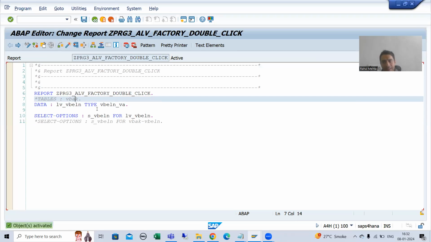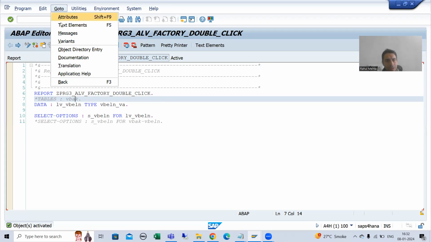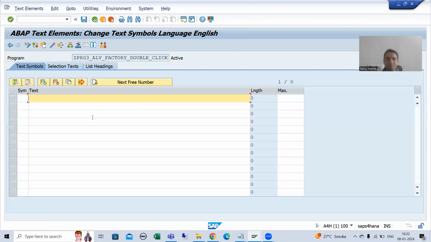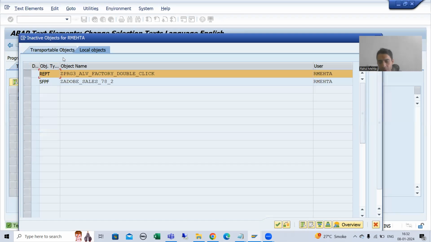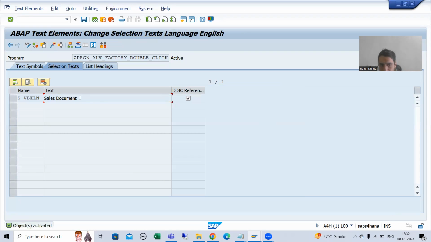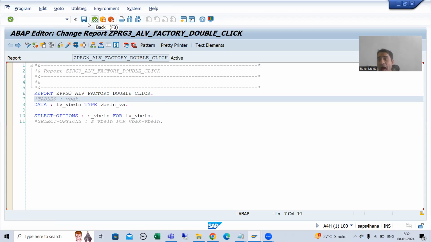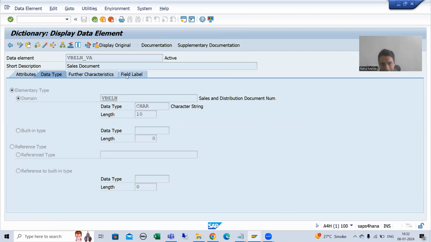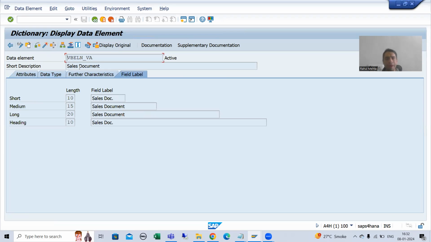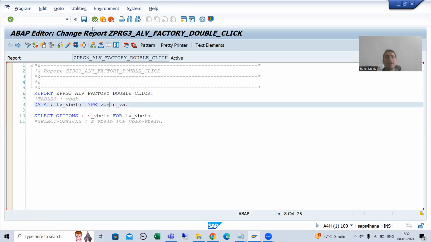Now I will provide the selection text. So I will go to text elements, selection text. I will choose DDIC reference and activate. This particular description, sales document, is coming from the data element. If you see the data element, sales document. Now, if I run the program,